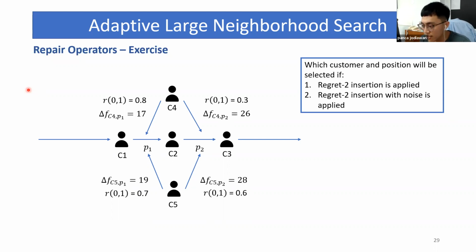Then for C5, wait a moment, I will try to calculate the result. 13.3 and 28 times 0.6 is 16.8. The difference is 3.5. This is C5. Okay.